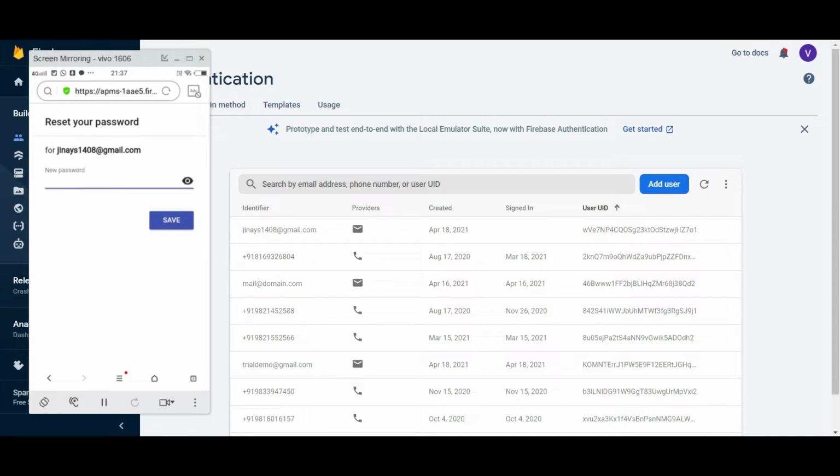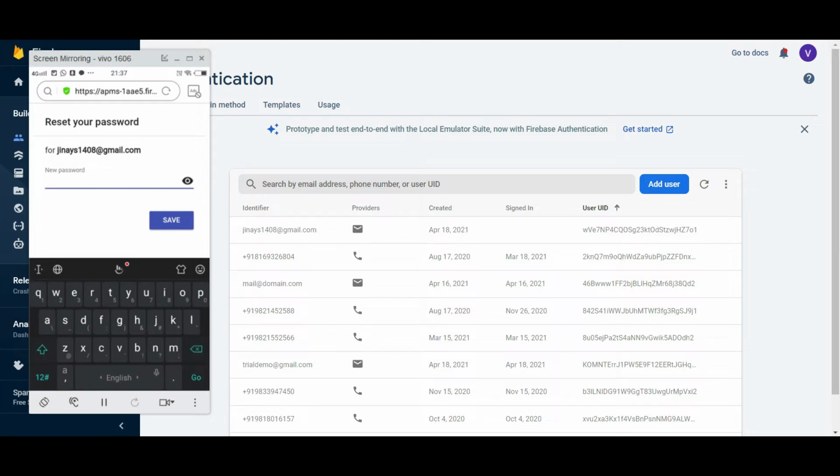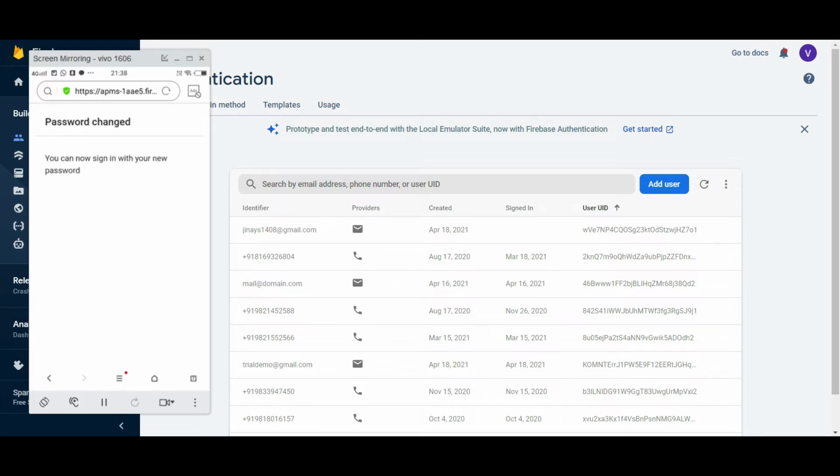So here I just enter my new password. This is my new password. I can even view it, and I will click on save. Once I change the password, it shows that I can sign in with this new password.